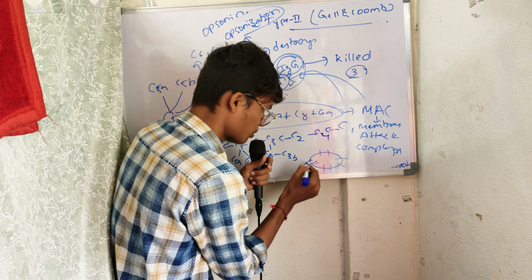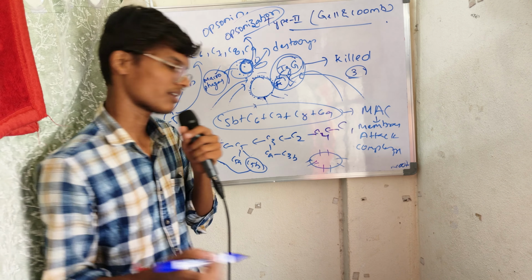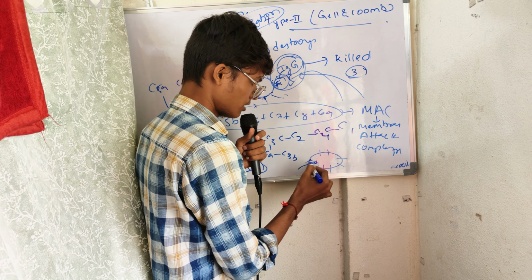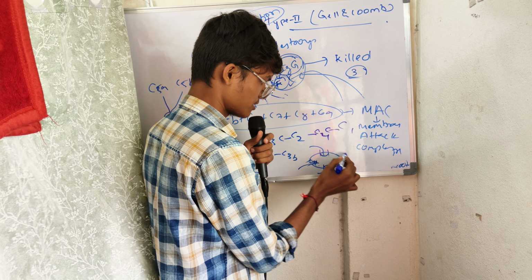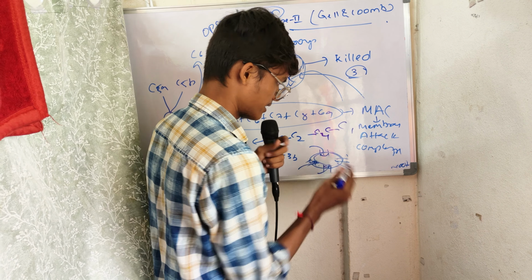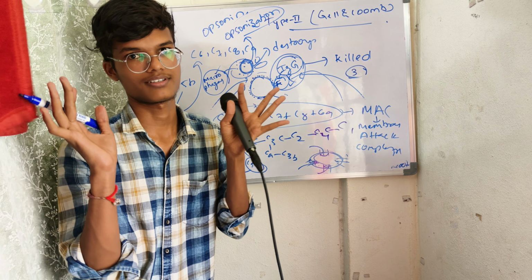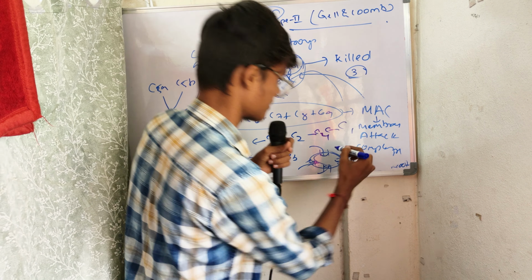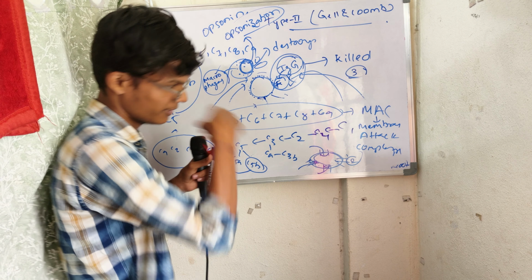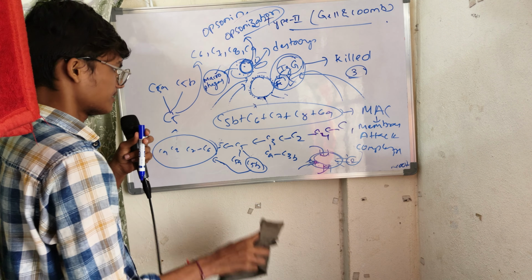This MAC forms pores, and after the pores are formed, the water and substances go inside from the external, and the cell swells and bursts. Okay, this is the second pathway. Then the third one is,